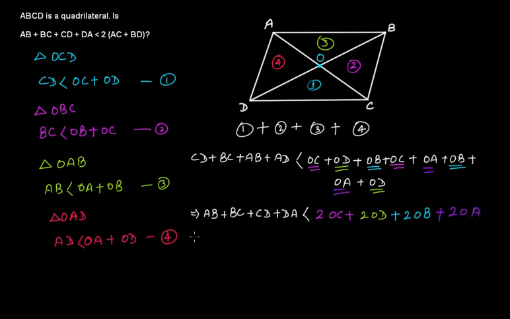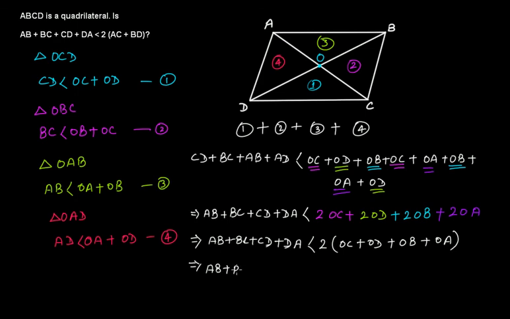Now if I solve it, this is AB plus BC plus CD plus DA will be less than, 2 is common in all of them, so 2 common, OC plus OD plus OB plus OA, right? Okay, this gives us that AB plus BC plus CD plus DA is actually less than 2 times